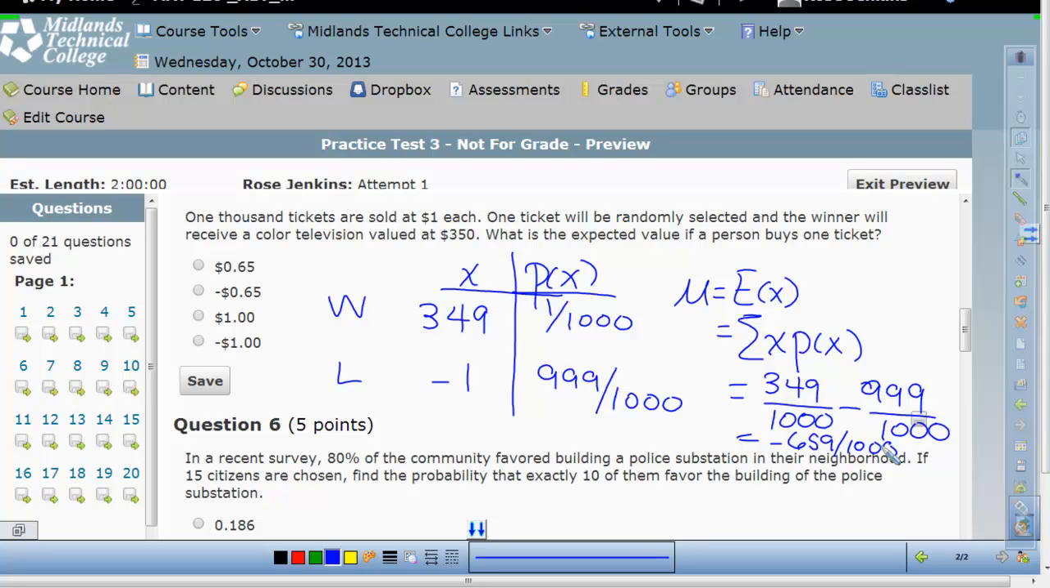Which reduces to 0.65. Okay, 0.659. All right, so that would be the expected value. Questions about this? Is there a reason we use the X on win